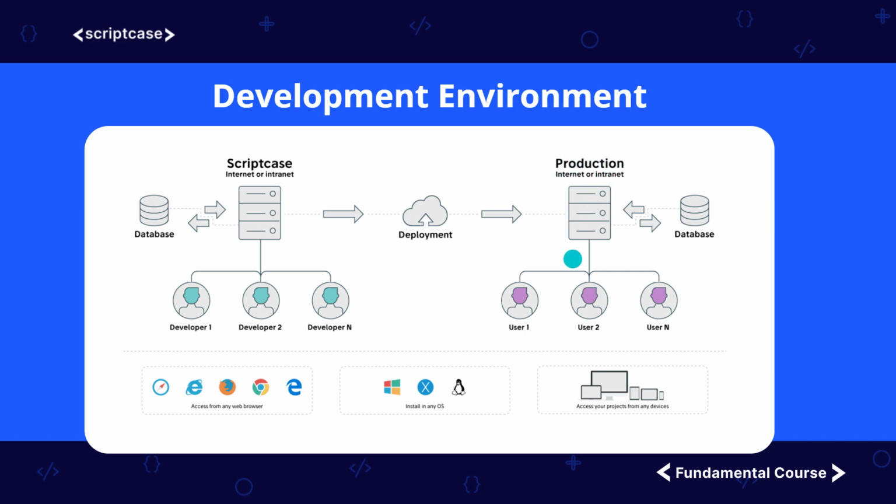Within this production environment, you won't need Scriptcase. You just need the database. It can be duplicated. You can bring your database from development to production, or you can make one unique connection, for example, from your development environment to your production, or the opposite. You can start the development already using the production environment database. Once you deploy, the applications will run independent from Scriptcase.